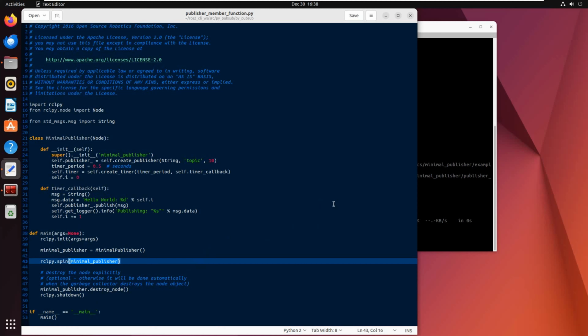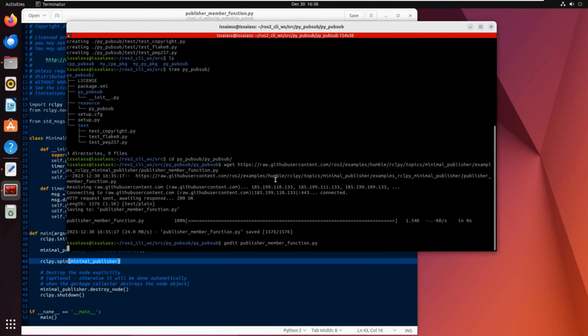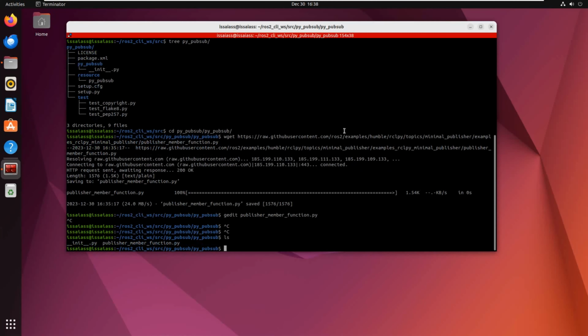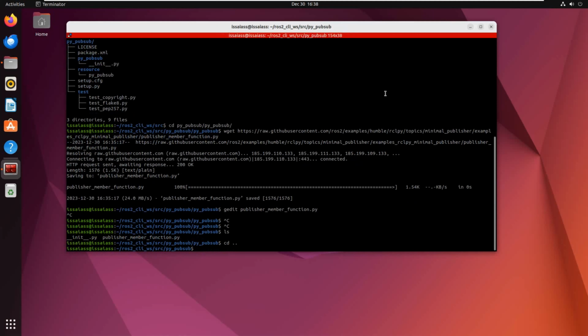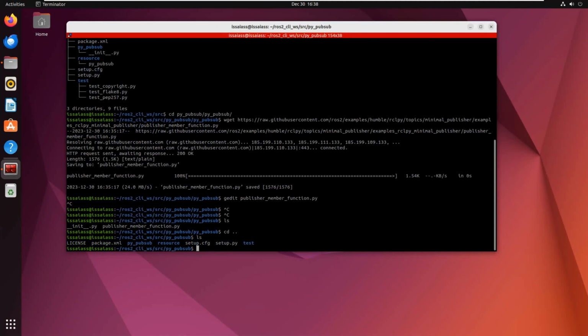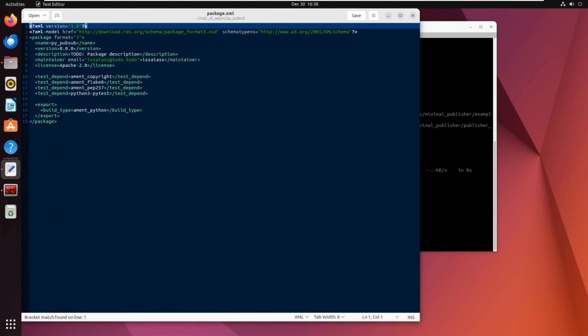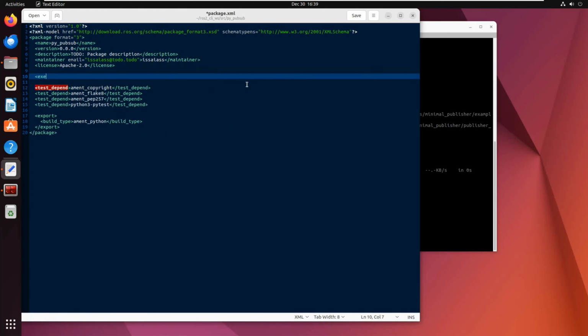Now let's try to configure the parts of the package that are related to the execution of this code. Let's see. We can configure the package.xml, with gedit. Okay, here what we can do is to modify the execution dependencies. For example, exec_depend